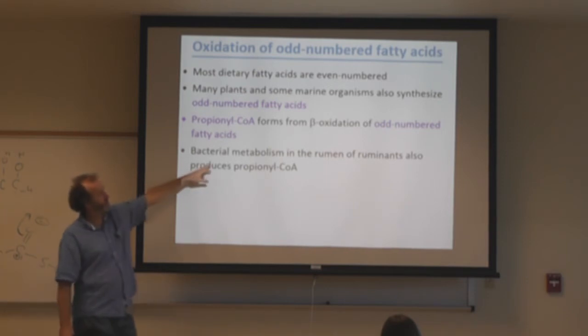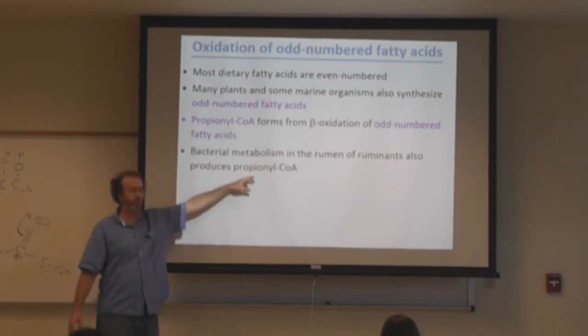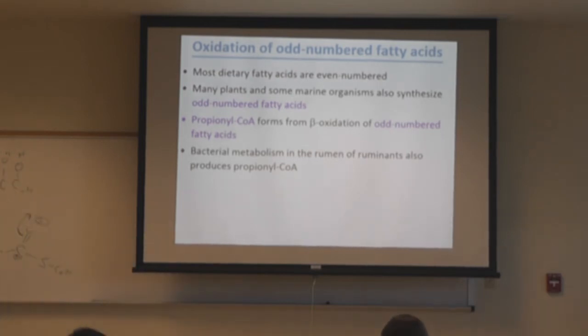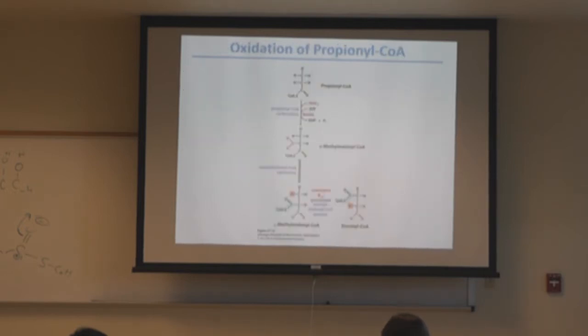Bacterial metabolism in the rumen of ruminants also produces propionyl-CoA. So in cows, they'll produce that. I think we probably produce some of that also in our gut from bacteria, which is supposed to be good for cholesterol and heart disease. But anyways,